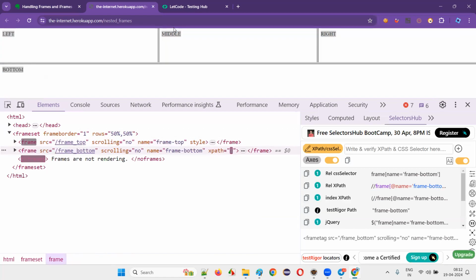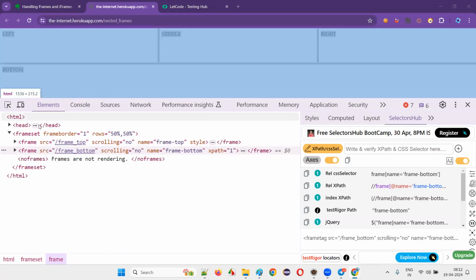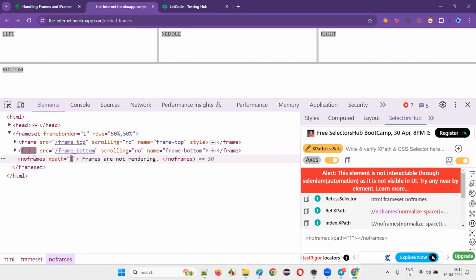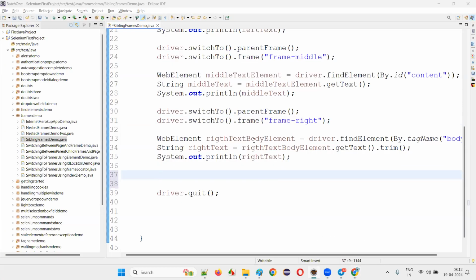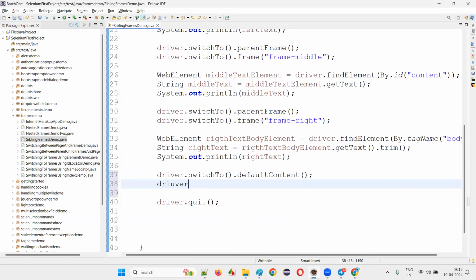Which one is easy? Going to the page level is easy, or going to the parent frame and from parent frame to default content and from default content page to the bottom frame is better, or page level is easy? So what I will simply write here is, whatever the inner frame I am in, I'll simply write driver dot switch to dot default content. I'll go to the page level. And after I go to the page level, I'll simply write driver dot switch to dot